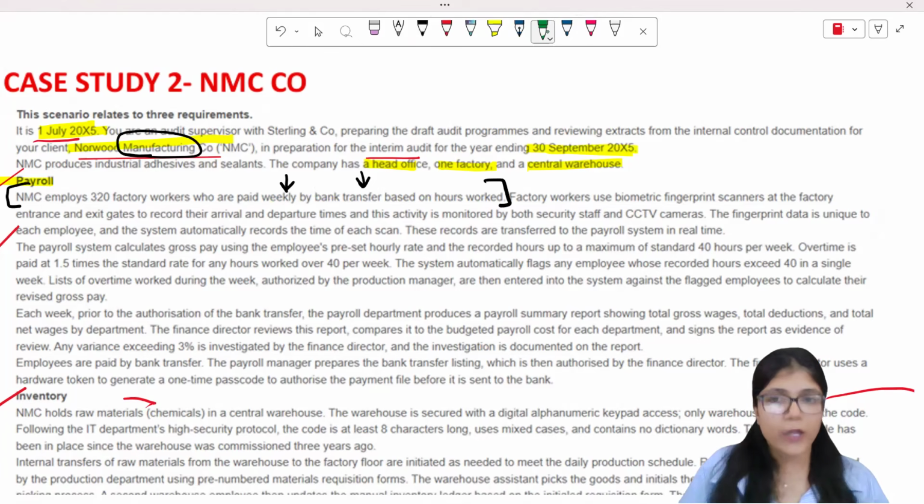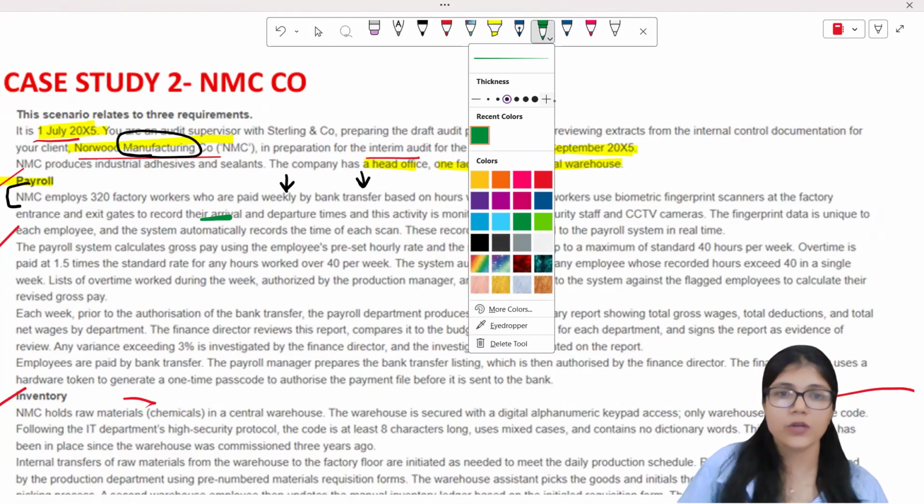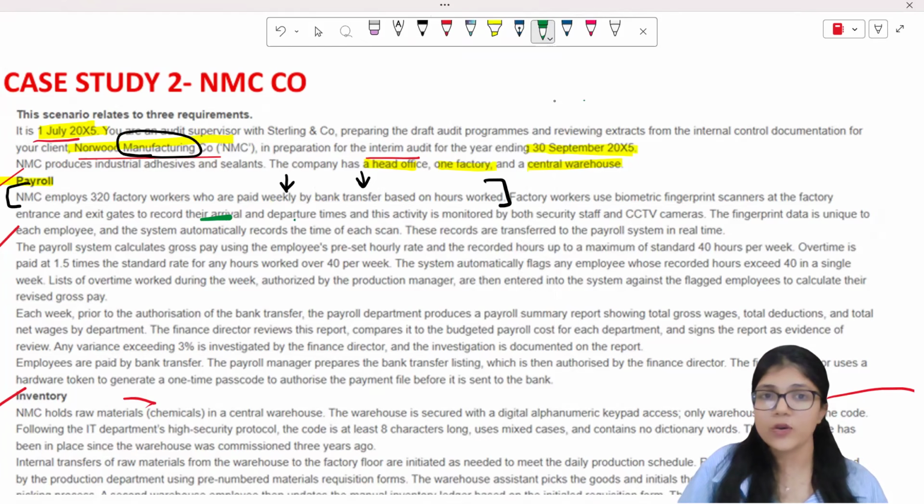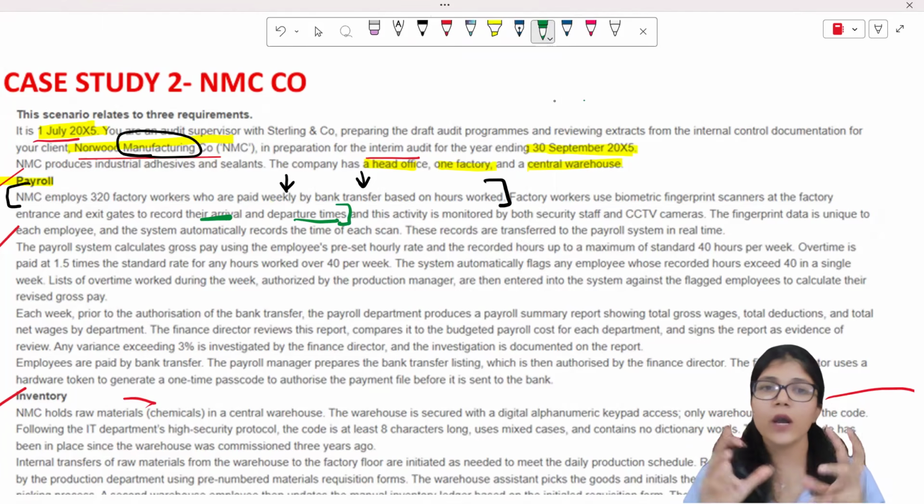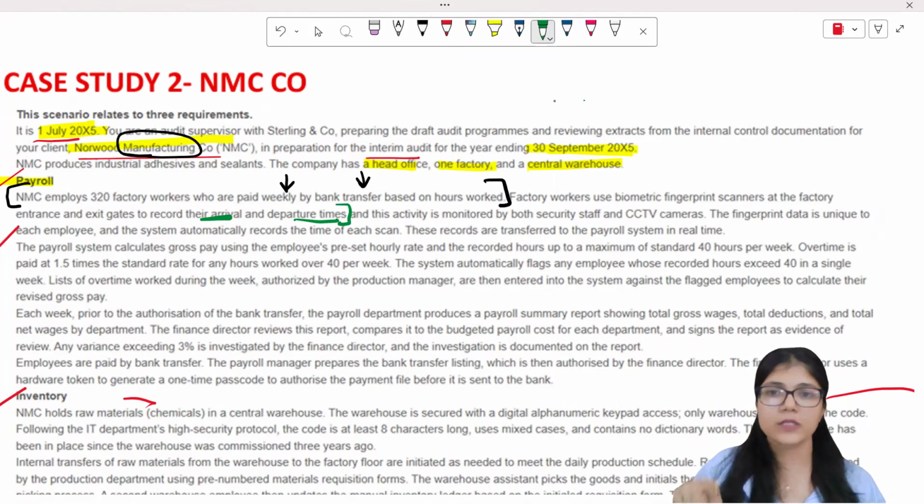Factory workers use biometric scanners at the factory entrance and exit gates to record their arrival and departure times. And okay, so if I go till here, again, this is a bare minimum thing, because what else would you do so that you account for the attendance of your employees, right? Whenever you are employed somewhere, you would know that before you enter the gates, you put on your fingerprint scanners in the biometric, and that records your attendance with your face etc., and then you enter the office, right? So that's bare minimum,